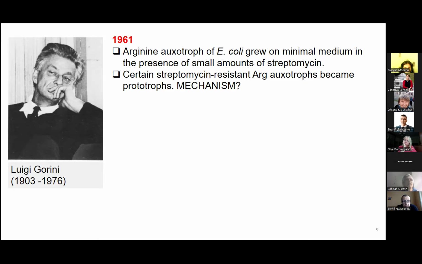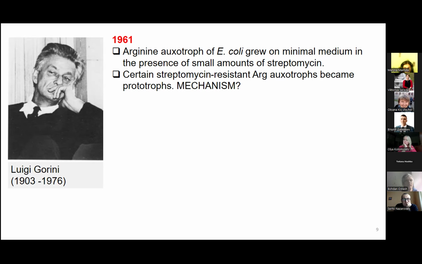You can make a bacterial cell dependent on certain amino acids. It's like that bacterium cannot grow without the amino acid called arginine. So you need to add it to the food if you feed the bacteria under certain conditions, and the food should contain arginine, otherwise the cell will die. But interestingly, Gorini discovered that if he added a tiny amount of the antibiotic called streptomycin, which is used to treat tuberculosis,